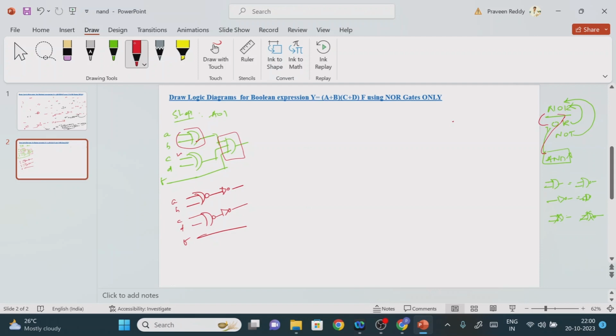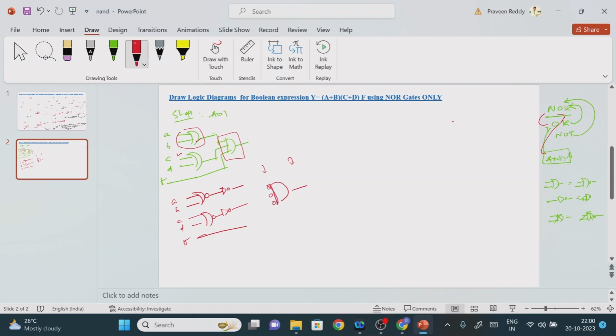How many inputs does this AND gate have? 1, 2, 3 inputs. A 3 input AND gate means how many bubbles will we get? 3 bubbles. 3 bubbles here is nothing but the NOR gate operation. So I am going to add the AND gate with 3 bubbles, at the input side, not the output side. Where do we need to add the NOT gate? At the input side.